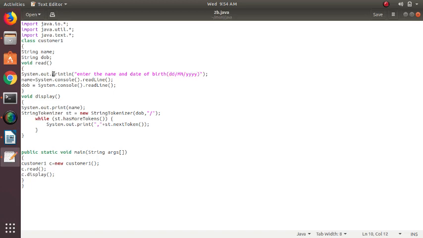That's why when you execute this program, you will get this: enter the name and date of birth, and date of birth in the bracket you will see this. That means you need to enter the date of birth in this format. So for this I have used 2 console statements. The first one is for name and the second one is for date of birth, because they are used in different variables, right? And then I'll send this date of birth variable to the string tokenizer function, which separates the strings